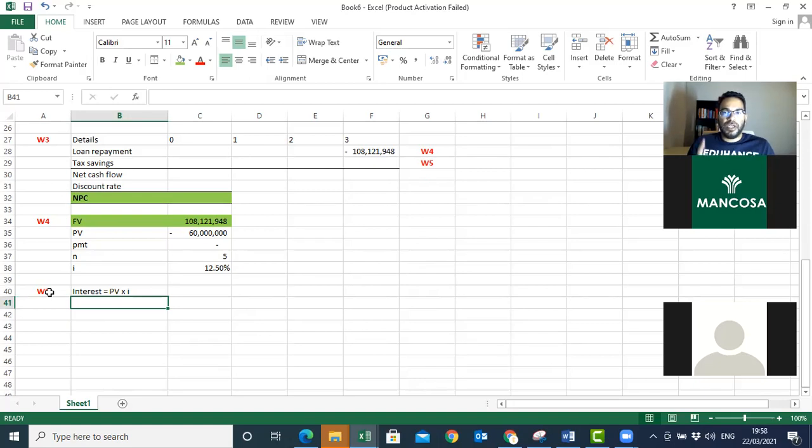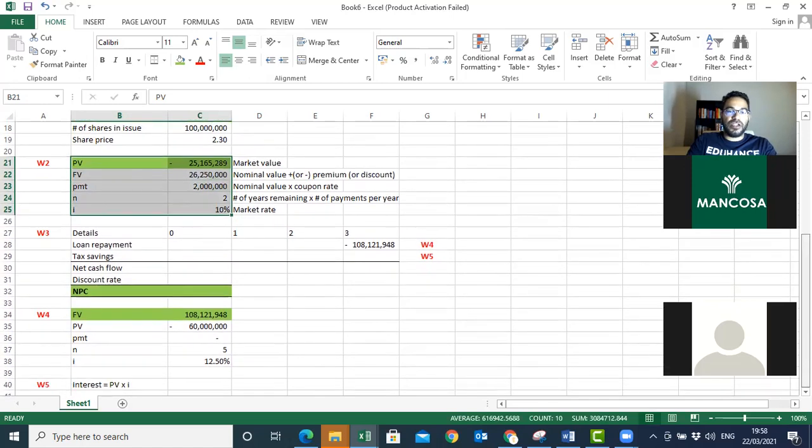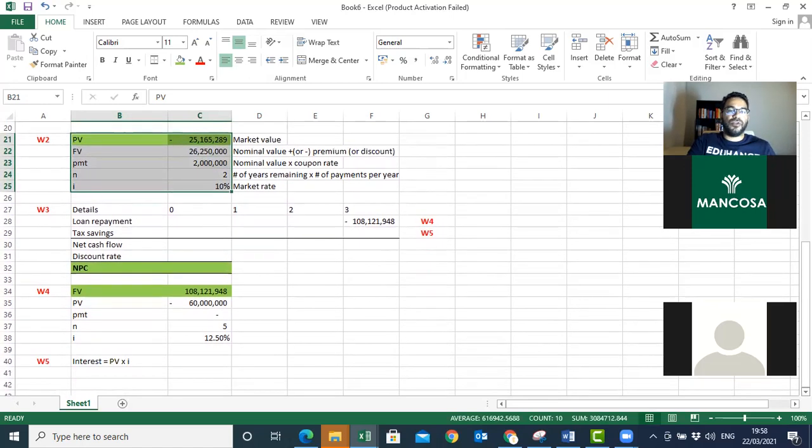Okay, so let's have a look. So why is it important? Every single year or after every compounding period, the present value changes. Because after every compounding period, the present value changes, interest will change. So that is the difference between Section 24J and non-Section 24J. Okay, so just be aware of that. So here you can see in working 2, there was no Section 24J, so there was no need to do this hectic calculation, whereas for the long-term loan, there is Section 24J, so we need to go through this long